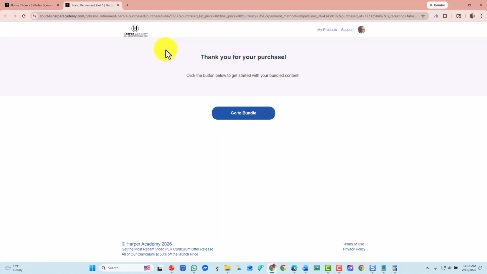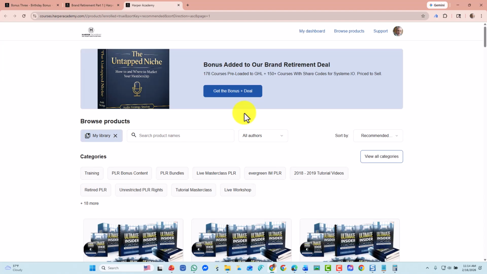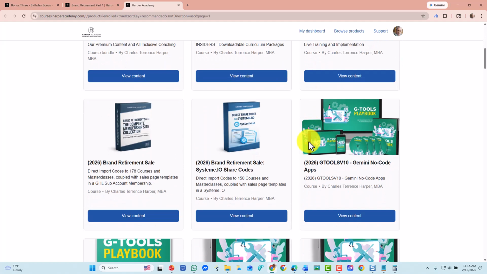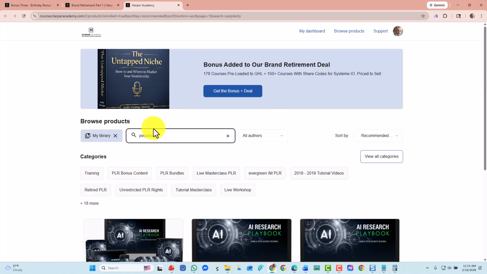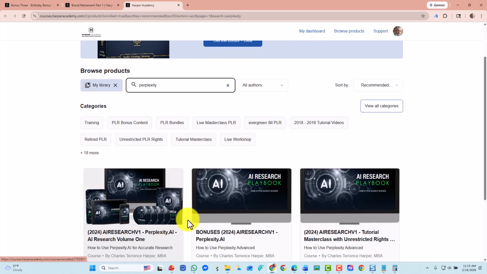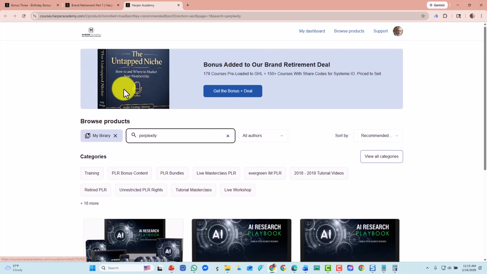And what's going to happen then is that this is now going to click on go to the bundle. And when you go to the bundle, you will not actually see an actual bundle. What you will now see are all of the courses. They will now be added to your account. That means that you can use the search in order to find the names, and you can use the legend for that purpose. For now, I can see perplexity courses here because I searched for them here in this search